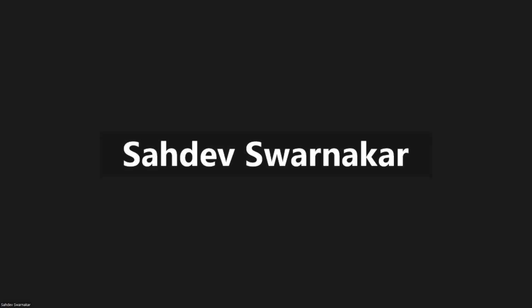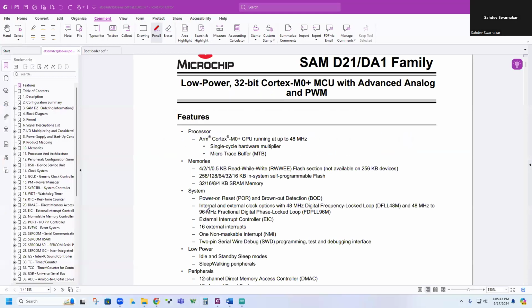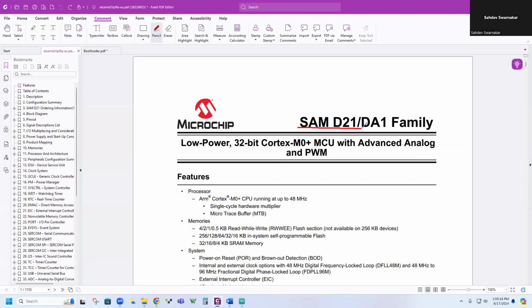So firstly, let me describe what the microprocessor is, what the bootloader software is, as well as the particular benefits of this type of microprocessor. I'm just sharing my screen. So this is the microprocessor. The name of the microprocessor is ATSAMD21. And you see, the first benefit is that this is a low power microprocessor, and this is a 32-bit